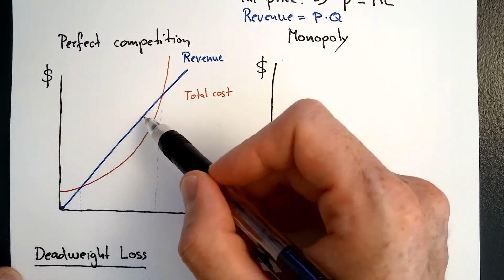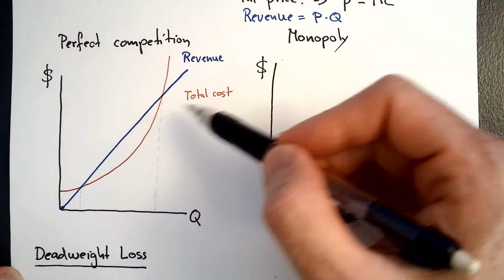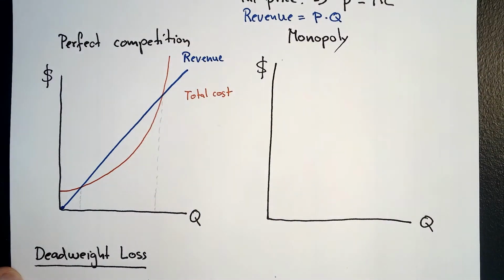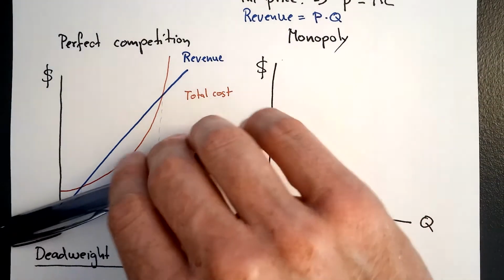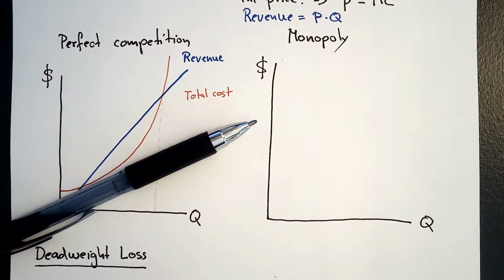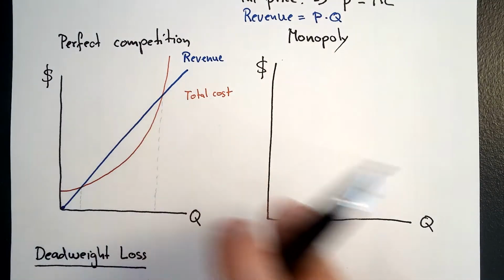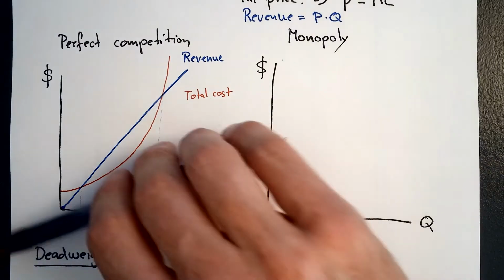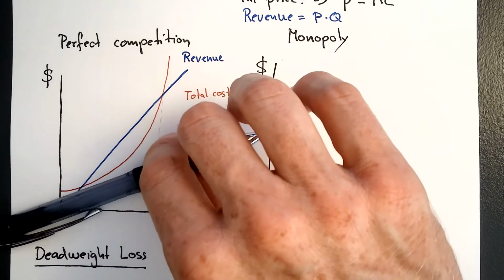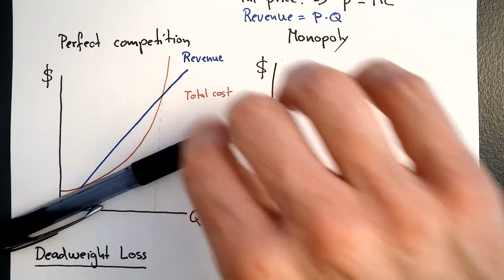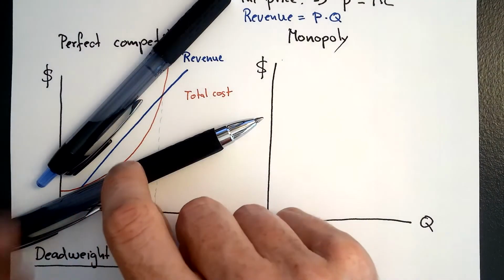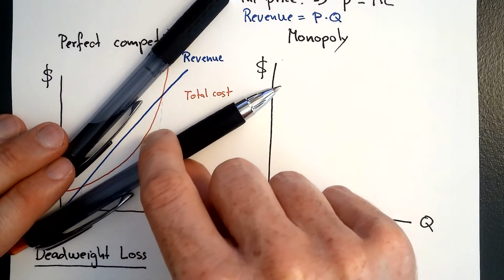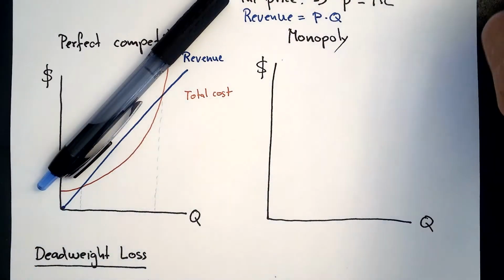Anytime the revenue is bigger than the total cost, we are having a profit. Now, as you can see, the marginal cost is the slope of the total cost function. So if the slope of the total cost function is smaller than the slope of the total revenue, then the profit gets bigger and bigger, up to the point